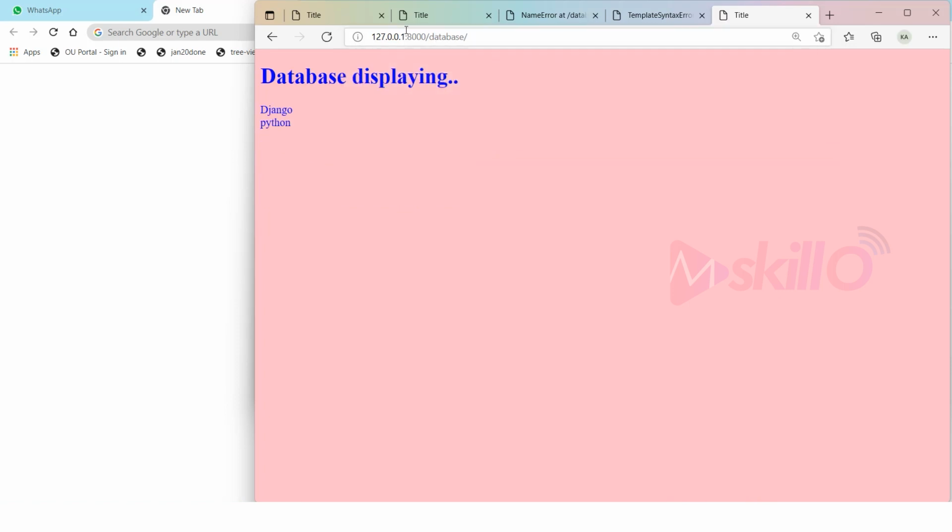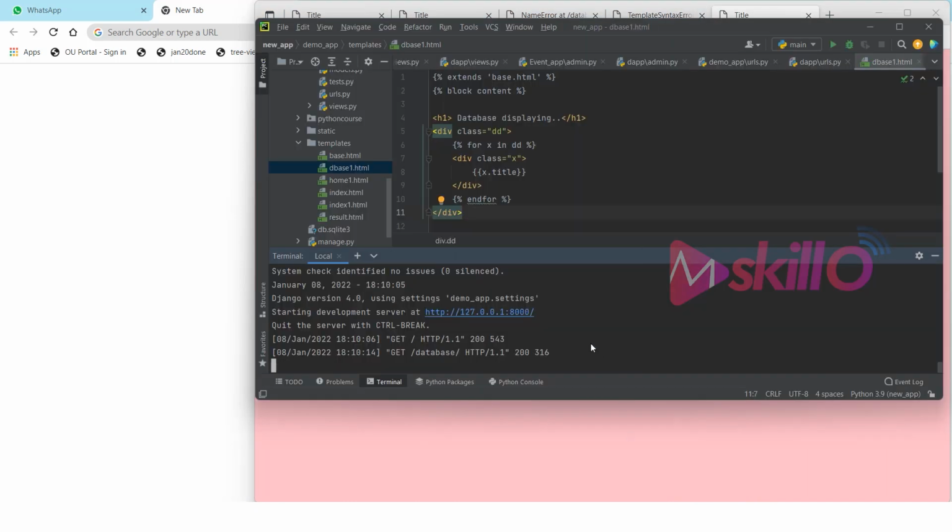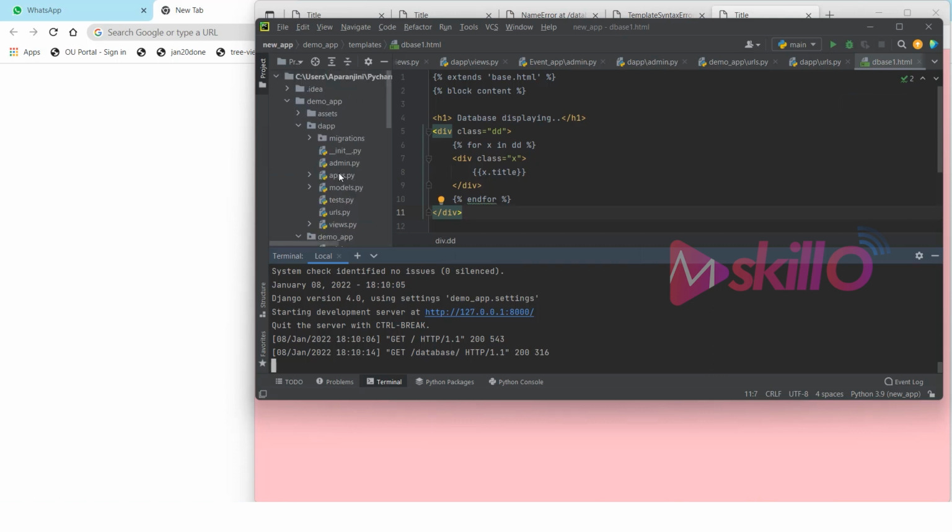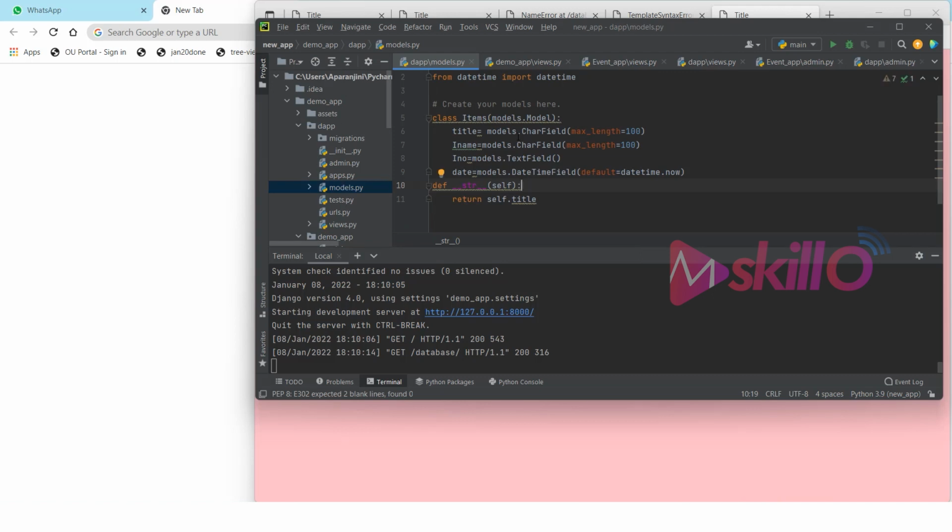Now let me open database. Now see, Django and Python have been retrieved from the database. That means only the title. Then what about the other things? Let me see what other names are there in our database. So here this is my model. In my model, the item name is there, item number is there, date is there. So all this, if you want to retrieve it, simply